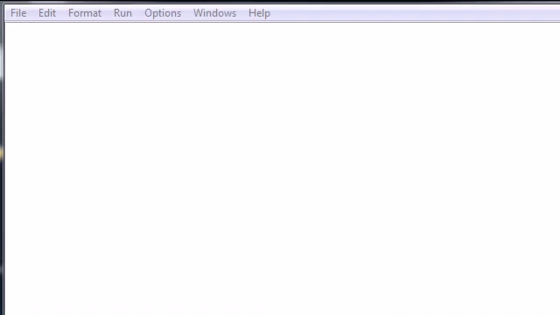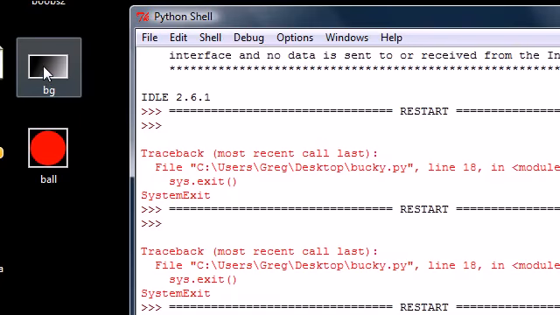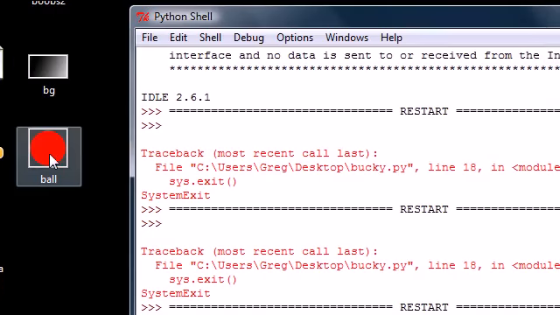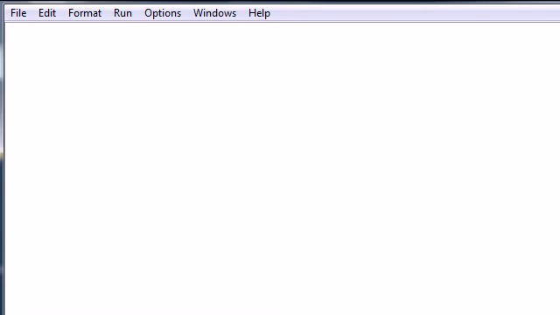So before I begin, I want to show you guys that I have two images. One's a JPEG image called BG, and this is just the background I'm going to use, a little gradient, and the other one's a little ball, as you can see right here. So whenever I use those images, now you'll know what I'm talking about, and that's the first thing we're going to use. So open up a new Python script or program, whatever you call it, and let's create variables for